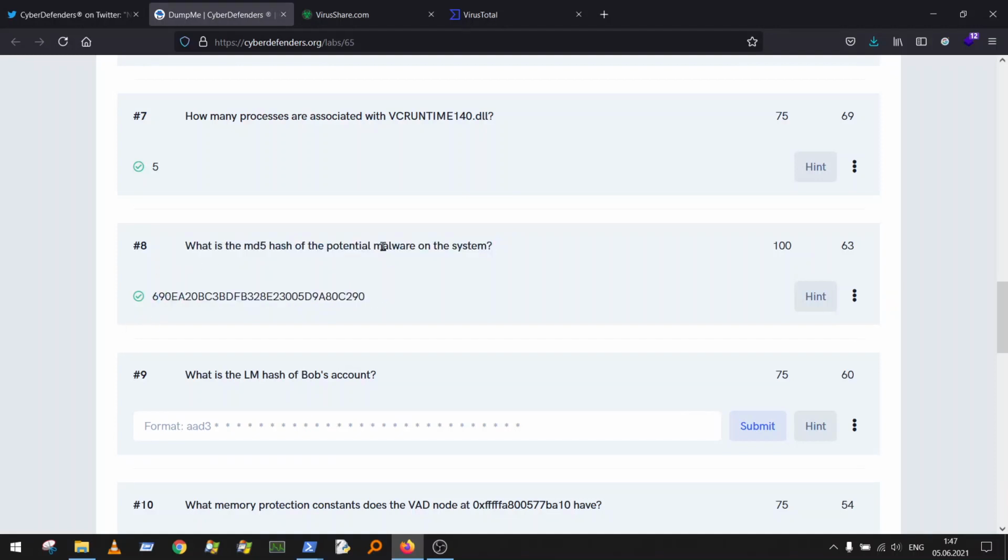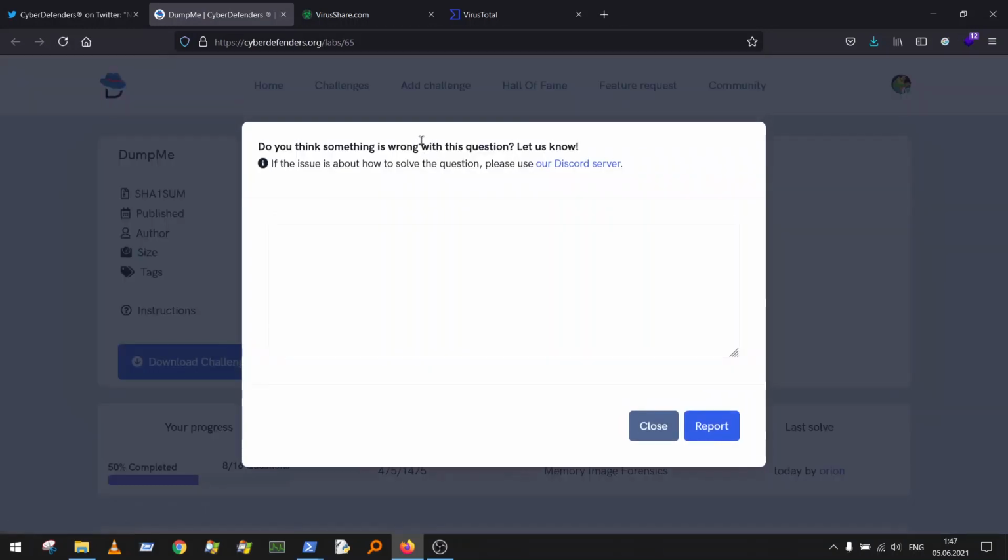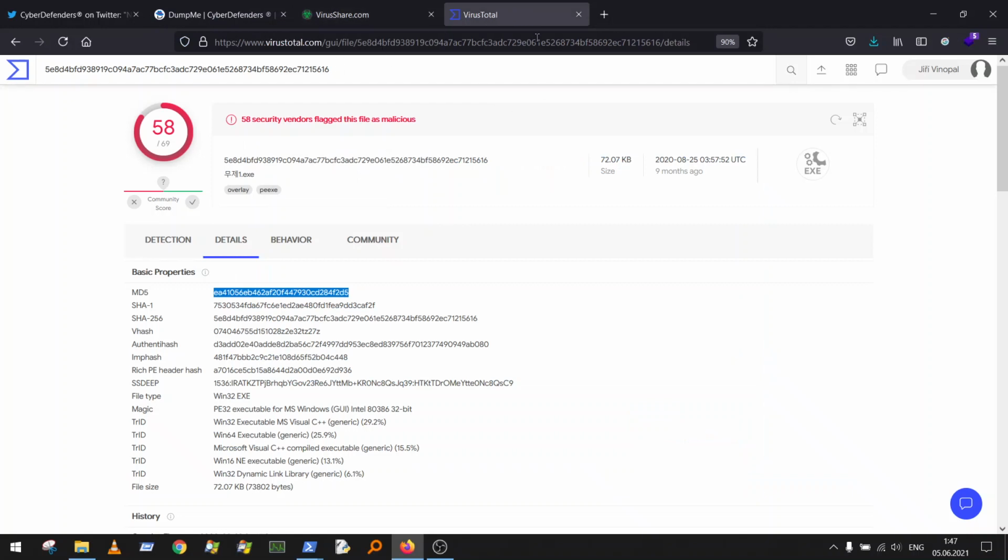But it was quite a note for the future that there is always some misleading information, and even the originator or even the creator of the challenge doesn't have to be correct in the expected answer. So basically you can report an issue here. If the issue is about how to solve the question, please use our Discord server. If it's not about how to solve the question, we can basically specify